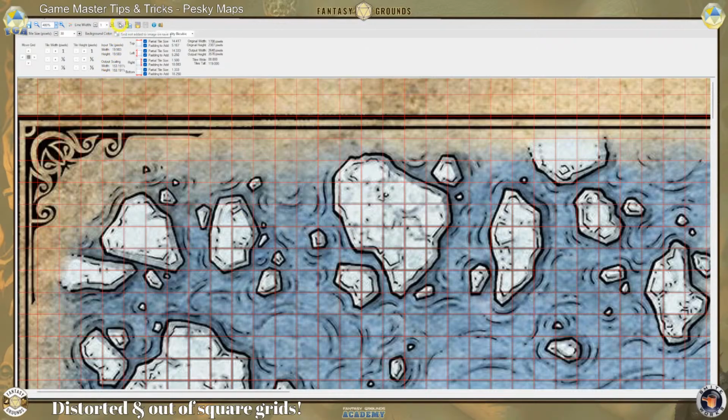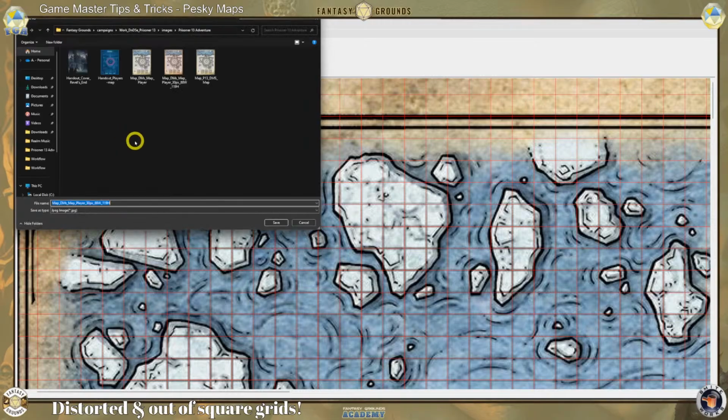But you can actually change that to where it's not. And then you could just use the Fantasy Grounds grid on top of it. So once I do that, I hit File, Save. And it usually saves in the same folder that you worked on, but I'm just going to call this B, just so I know what map it is. And this is actually the folder on Fantasy Grounds that I'm working in. So you want to be careful with that. Make sure you name them aptly. So I'm going to hit save,